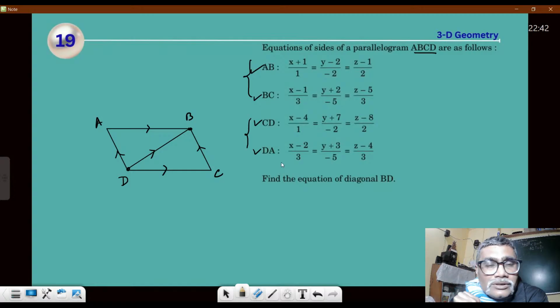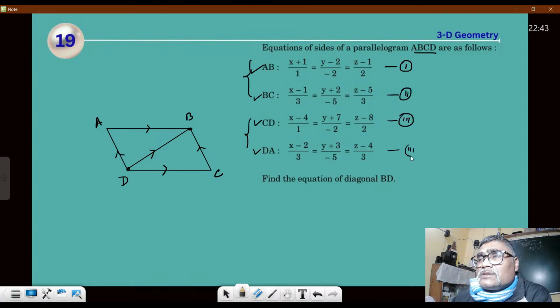So now, because I haven't done any problem in this session by which we can find the point of intersection of two lines, one part I'll show you. I'm going to find now the coordinate of point B by solving the equations of AB and BC. So let me give numbers to these lines because I have to eventually refer to them, right? So how would I do it is